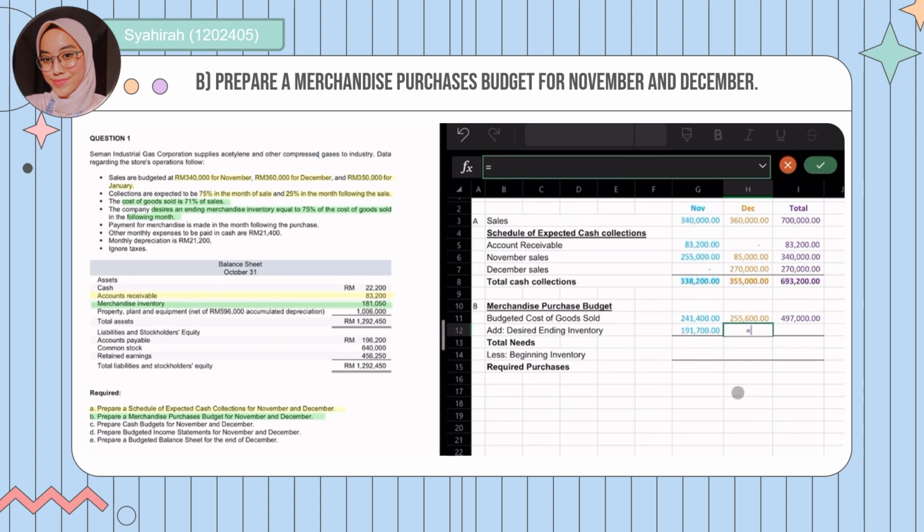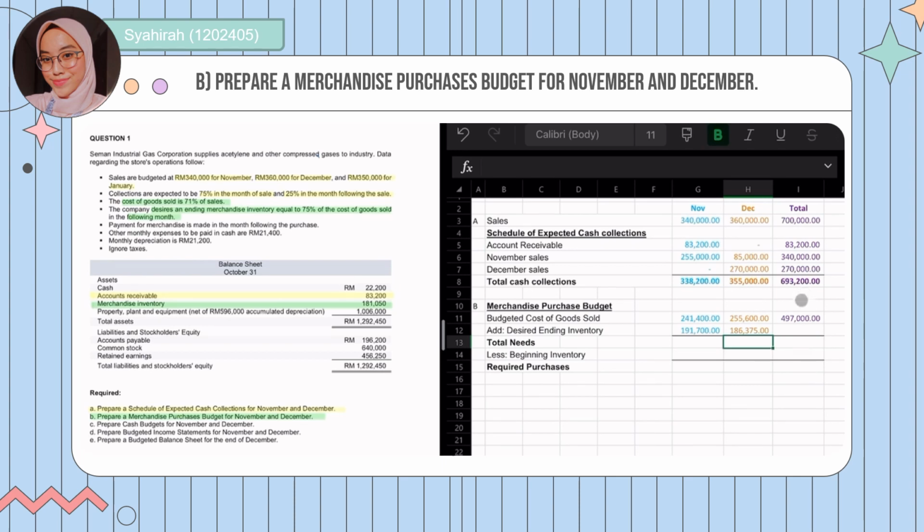So 0.75 multiplied with, for January, the budgeted sales is 350,000. And then we multiply it with 71%, because we want to know the budgeted cost of goods sold for January, right? So with 71% like this, and then we press enter, we will get